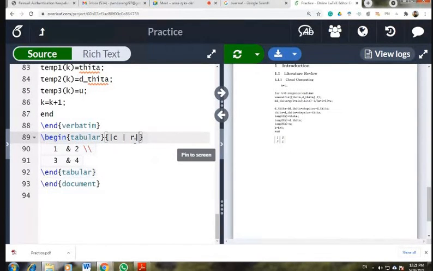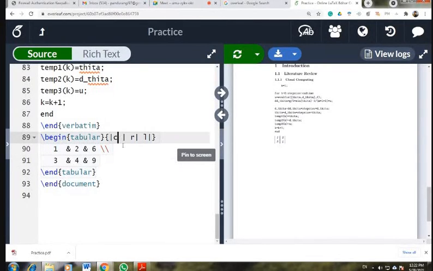For example, suppose you want to have one more column, then you can specify one more column here. Let us say the column is left justified. I will use L here with the vertical line. Then I can use ampersand, for example, 6, and the next entry 9. So we need to specify the number of columns with their alignment.